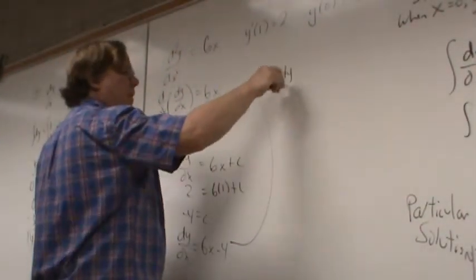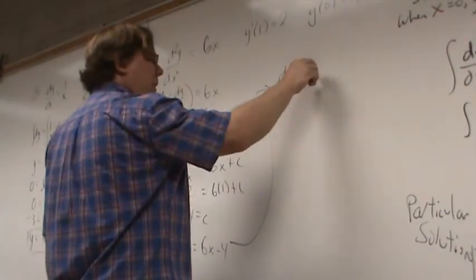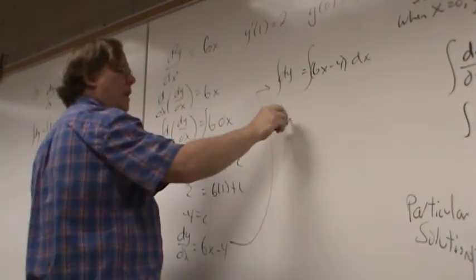And thank you, Fatima, for doing this thing. So I get dy equaling 6x minus 4 dx, and then I take the antiderivative of both sides, so I get y equals,